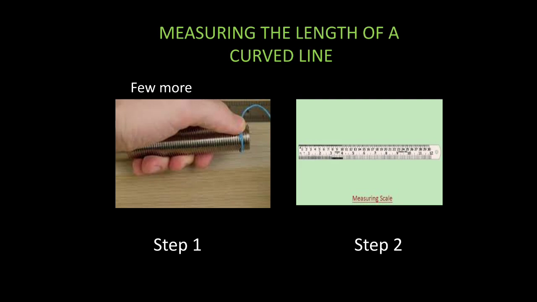Another example, let us see. If we have to find the length of the curved line of this particular pipe in step 1, you have to do it the same way. You have to mark a point from where you start with the help of a thread. Then exactly at the point from where you started, that will be the end point as well. So just wrap the thread around the pipe, and you will get the end point. Mark there with the help of a pen, and now take out the thread and measure it with the help of a scale, which is shown in step 2.